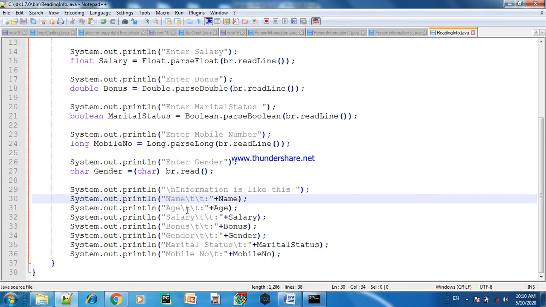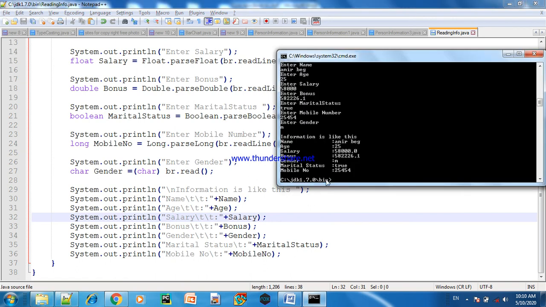This is the printing format. I did not write this format this time. I copied it from the last program. So it is very simple. We will write name, age, salary, \t to bring a horizontal gap, we can say horizontal tab. So \t is bringing them in a proper format. Without \t, this output will be zigzag, as I showed you in the previous program in the last video. So name \t will bring us to this gap, and print name, then age, then salary, then bonus, then gender.